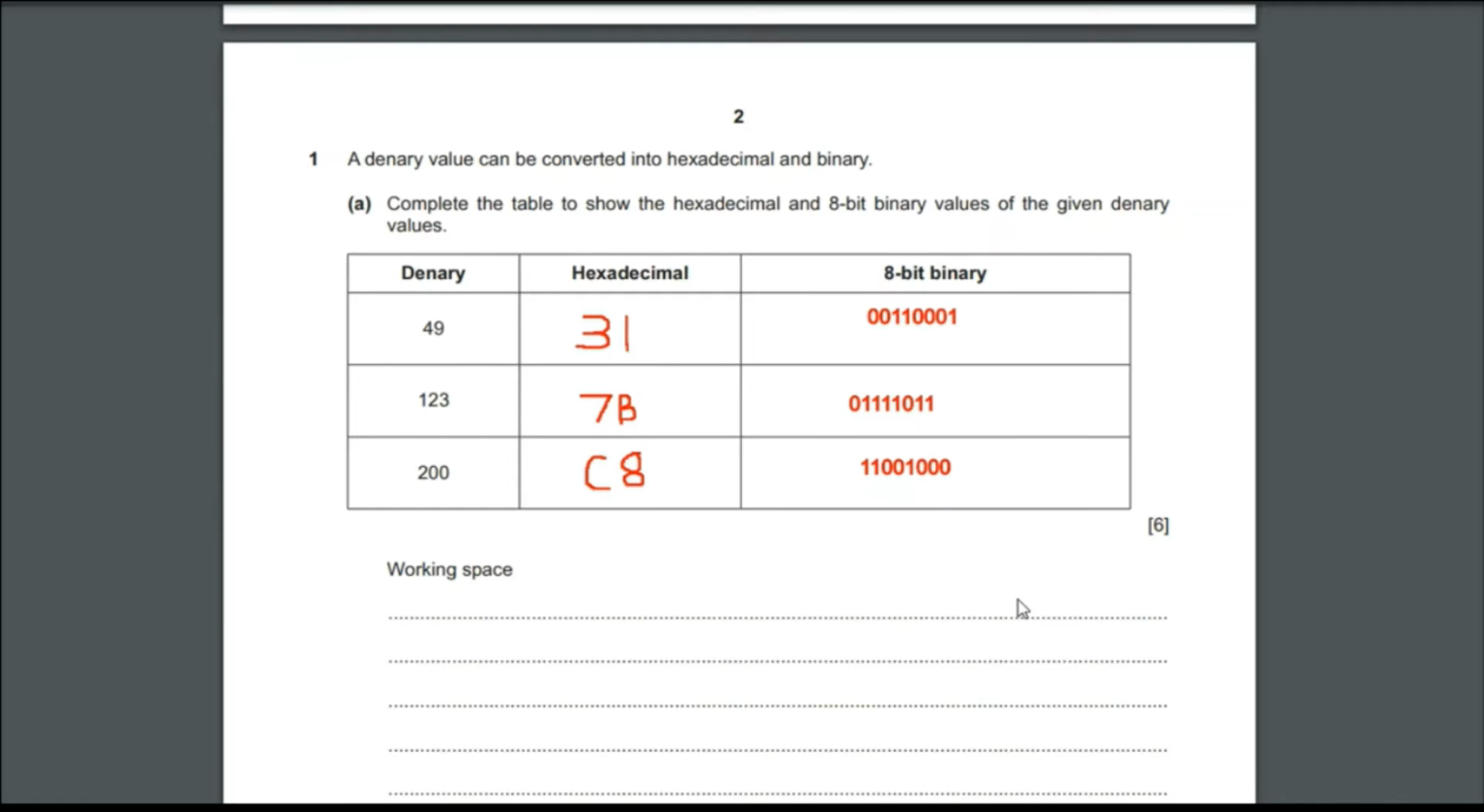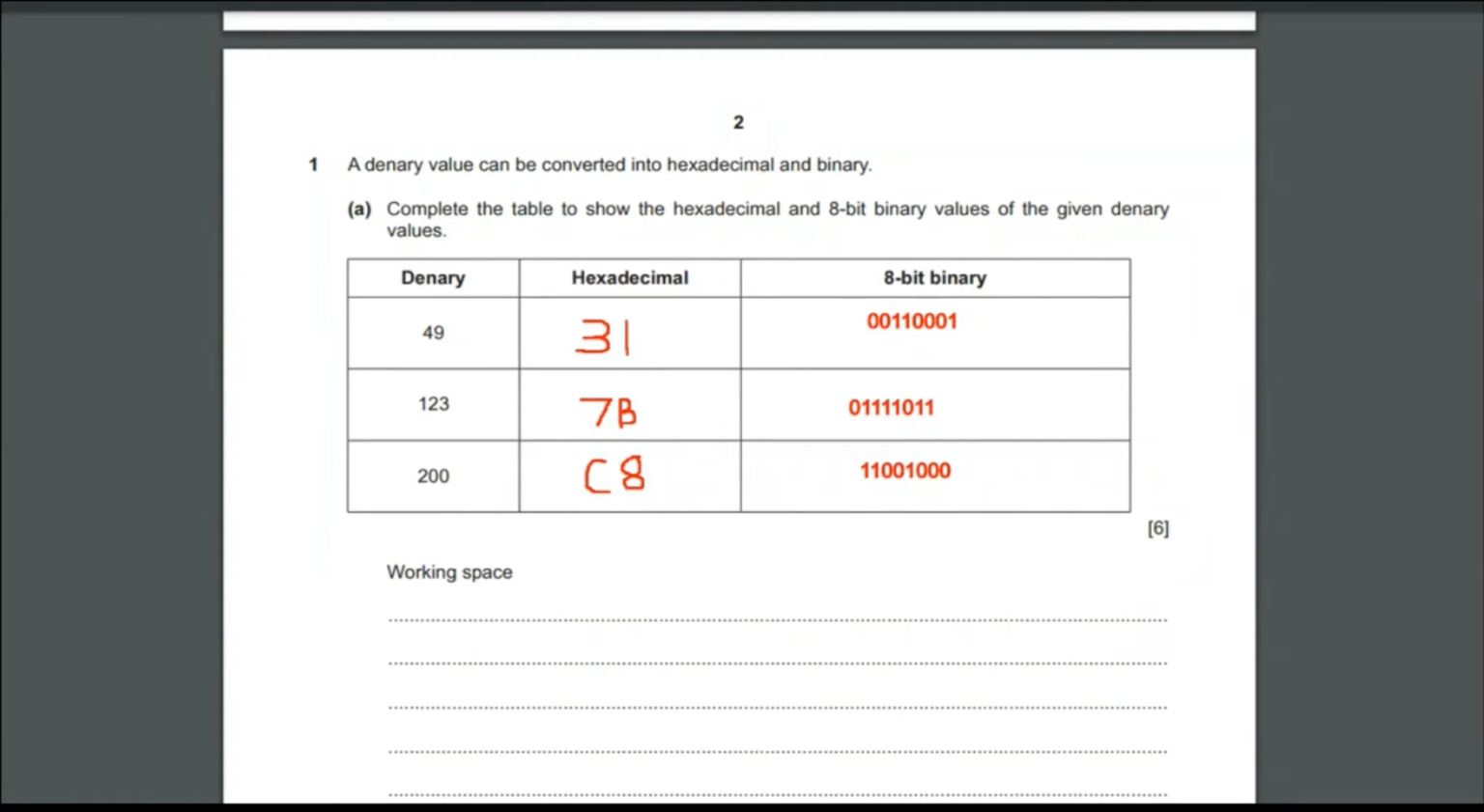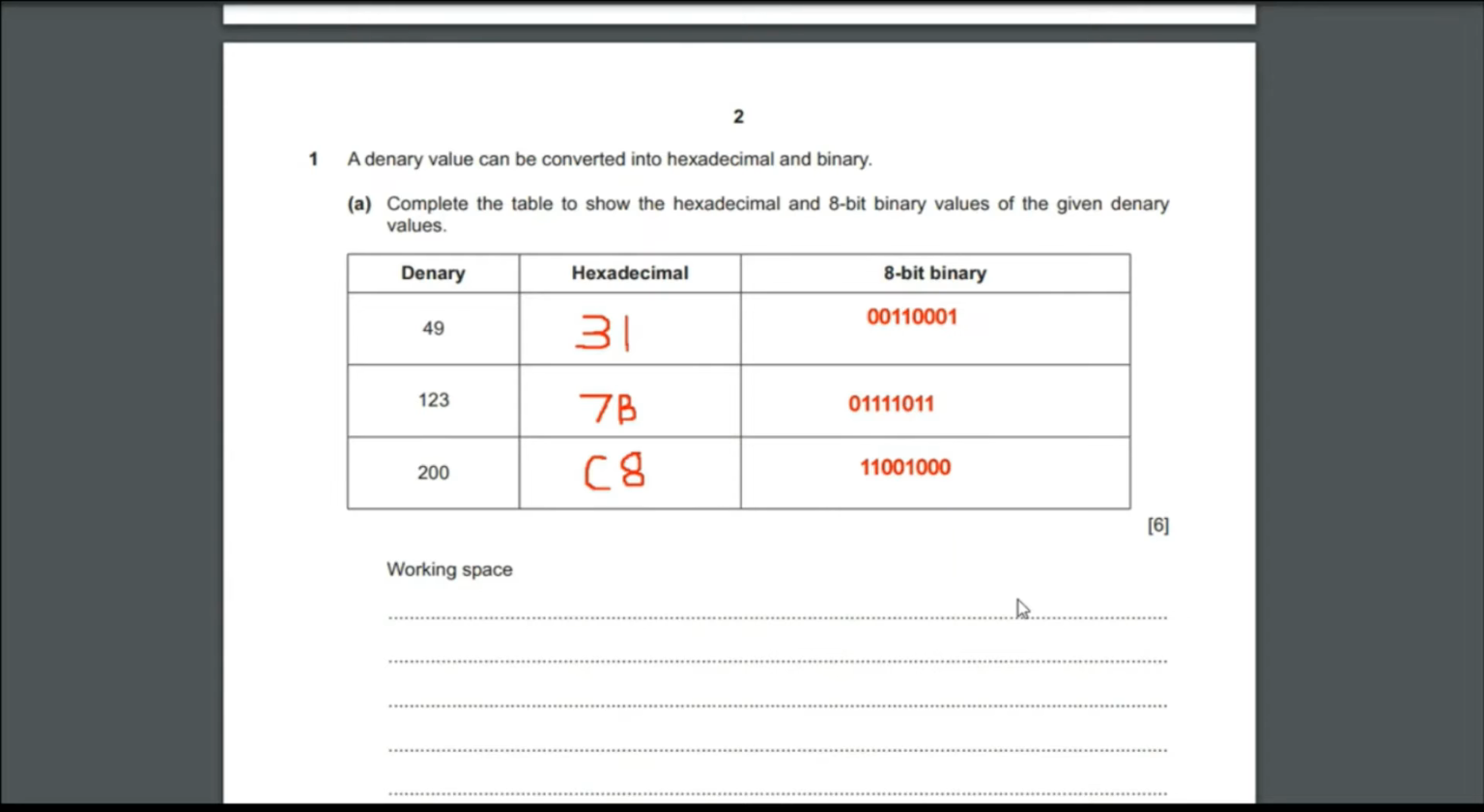Coming to the first question, a denary value can be converted into hexadecimal and binary. Complete the table to show the hexadecimal and 8-bit binary values of the given denary values. So if you don't know how to convert a denary value into a hexadecimal or 8-bit binary or vice versa, click the card on your screen right now or check the channel page for this chapter explanation video. So moving on, the conversion of denary number 49 to hexadecimal is 31 and the 8-bit binary of the denary value 49 is